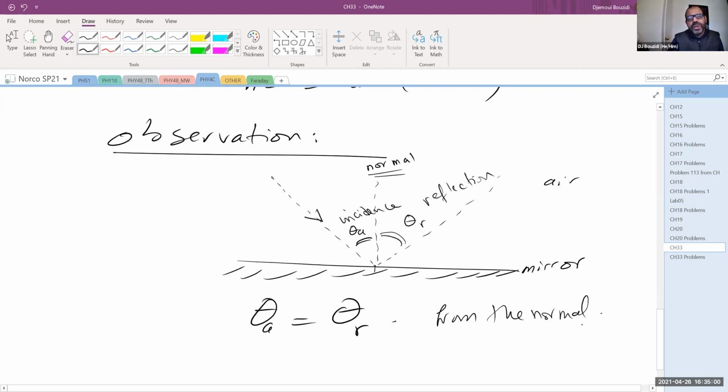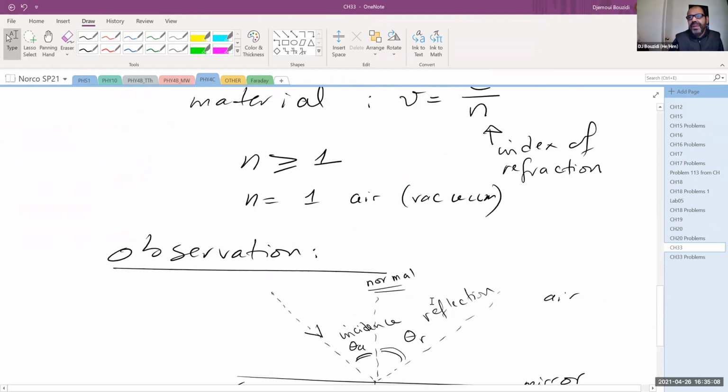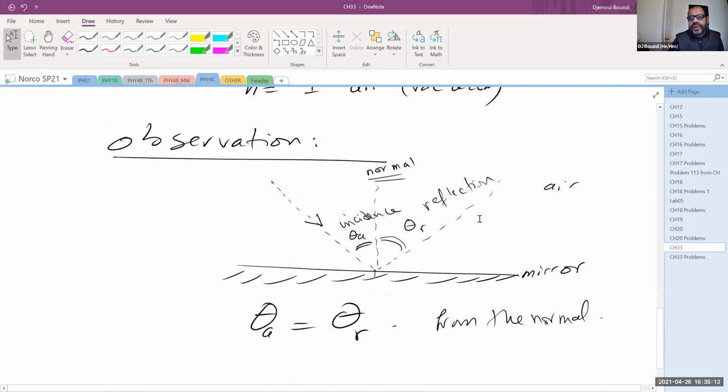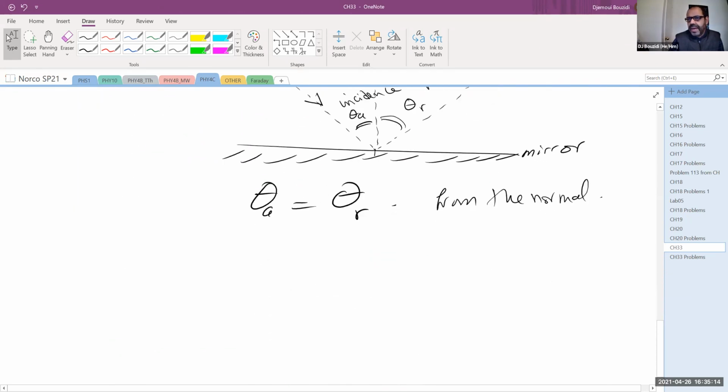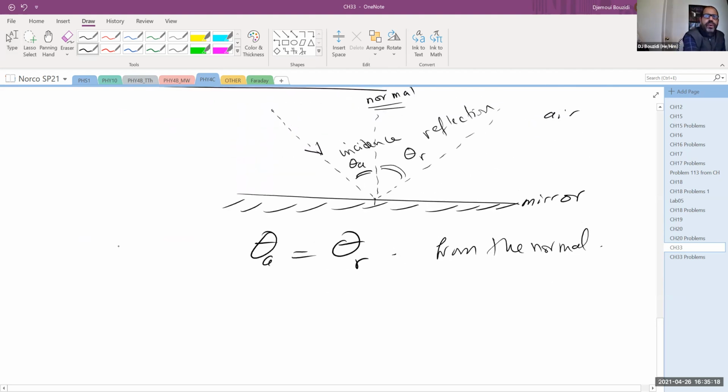Okay, so this is law number 1. The second law now involves the separation between two different media, one of them with a different index of refraction than the other. So again, let's take that in the general case. So let's call this one law number 1. Law number 2 now,